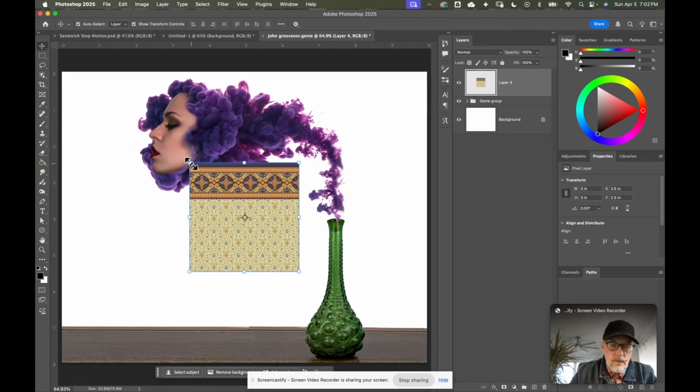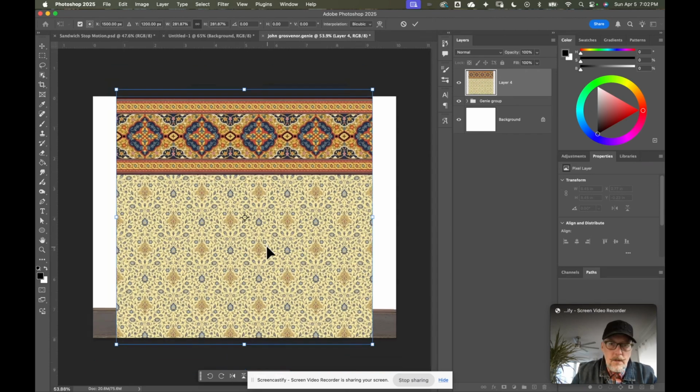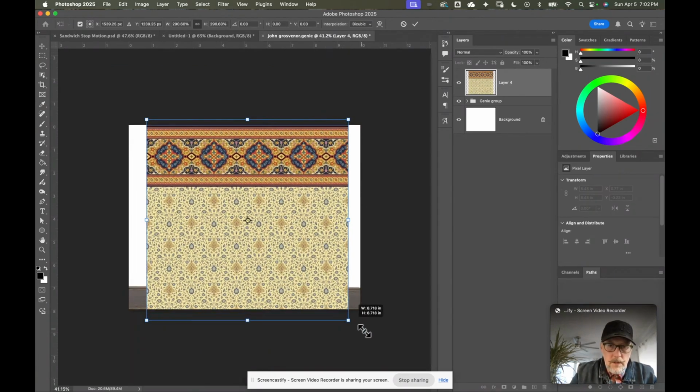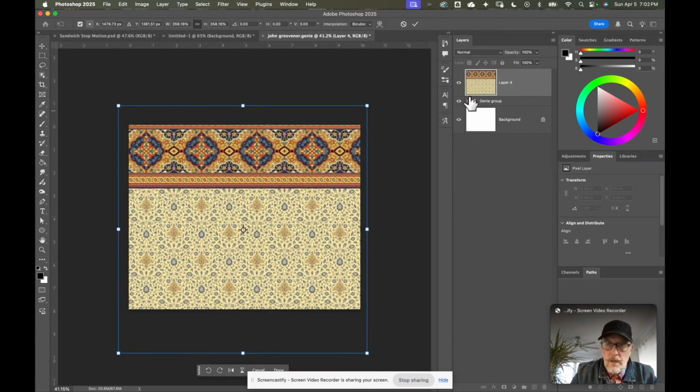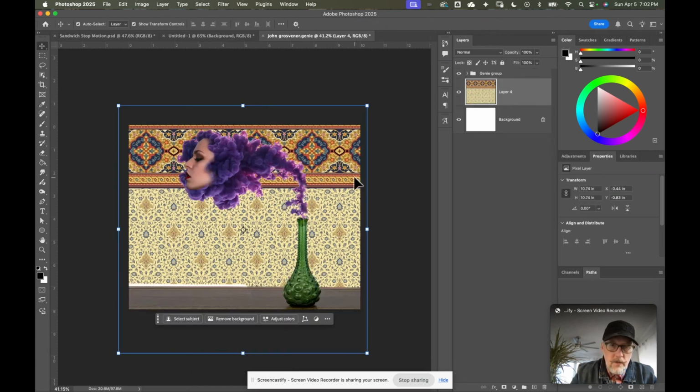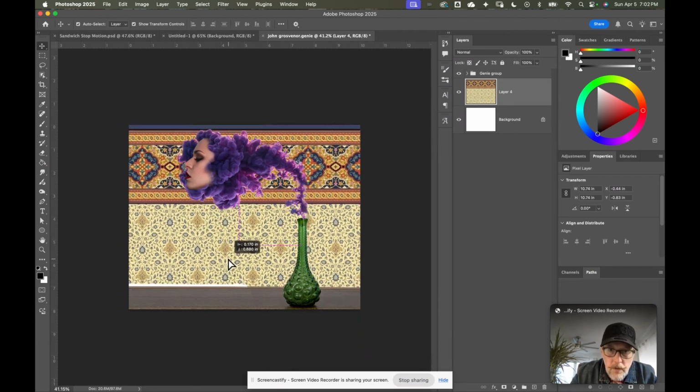I'm going to make this nice and big so as to stretch out behind here. Now this is going to be under the image group, so I'm going to drag it under there. Okay, and I've got,